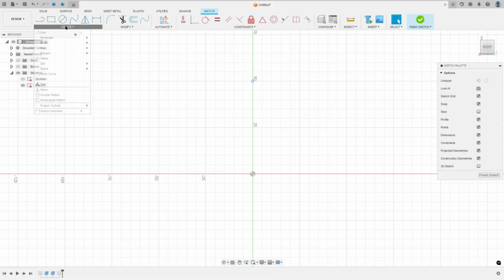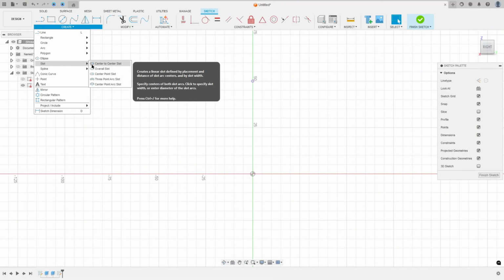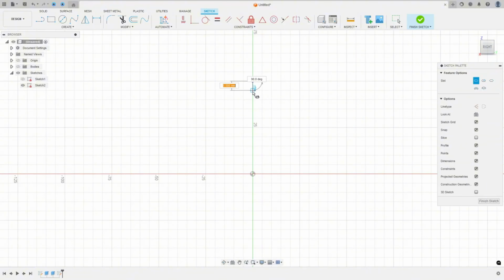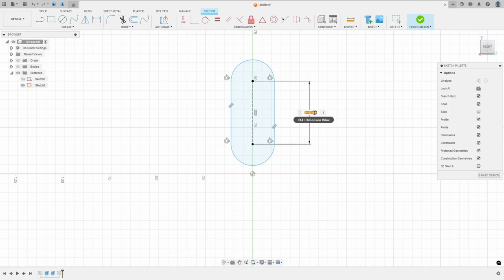So go to create, select slot, center to center slot, click here at this point. The distance here is 34 millimeters. And go to sketch dimension, 34 millimeters here, and the radius is 12 millimeters. Okay, finish the sketch